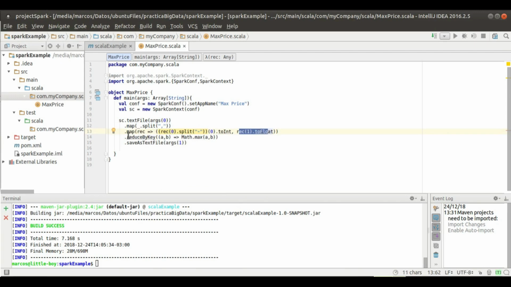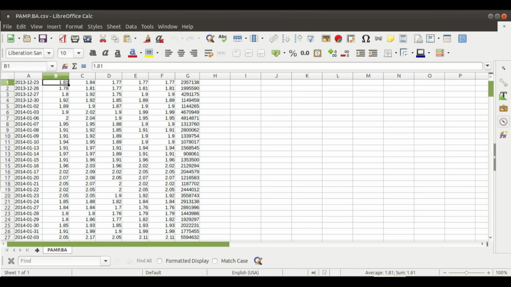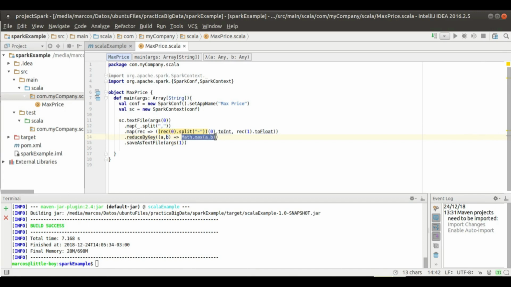After that, use this instruction reduce by key, which, as you can see, we pass two parameters. The first parameter is the date or the year, and the second parameter is the open price. This column is the open price, and get for every year the max price. After that, we use the action save as text file, and the path is passed by argument,